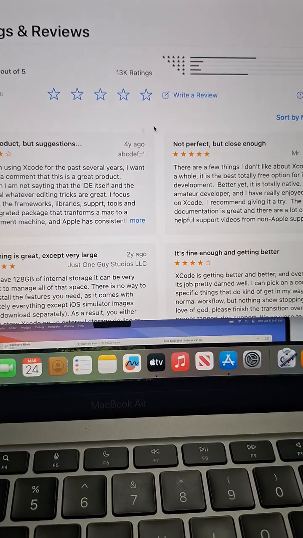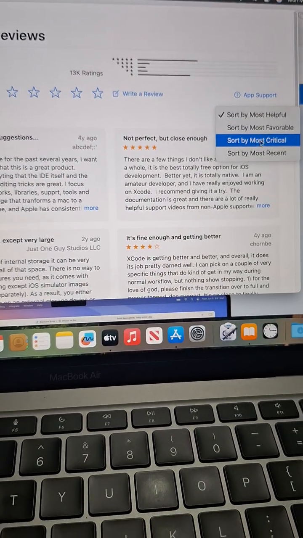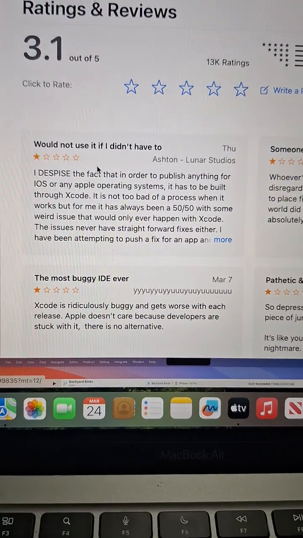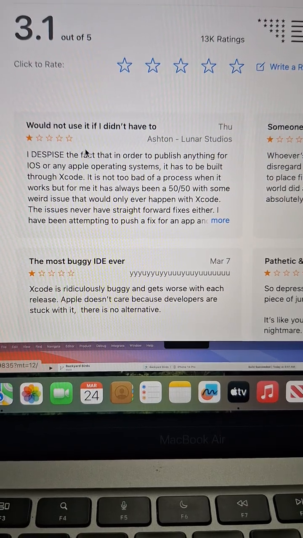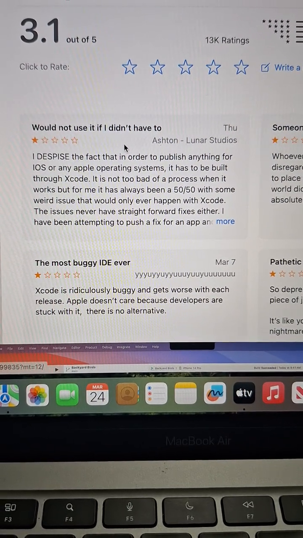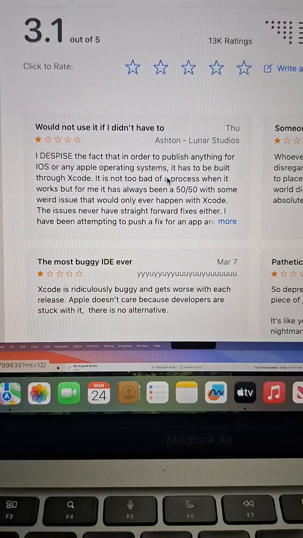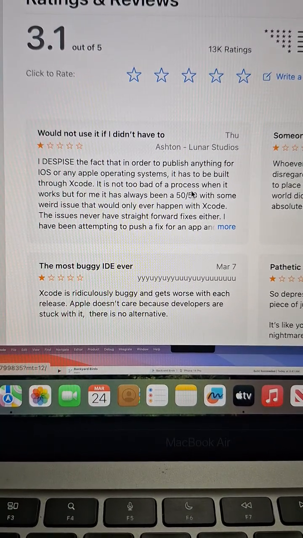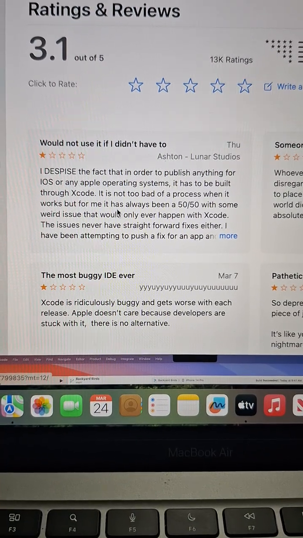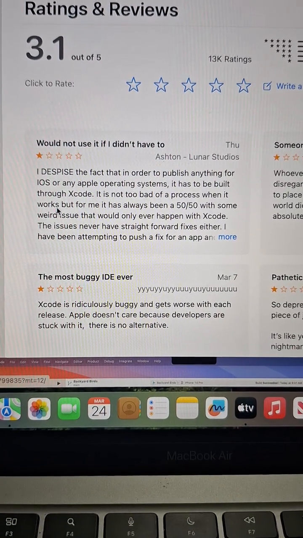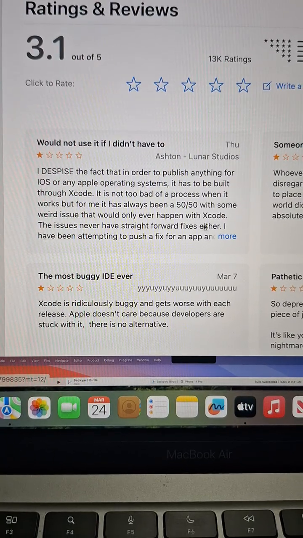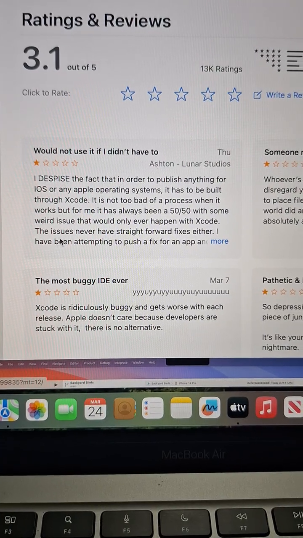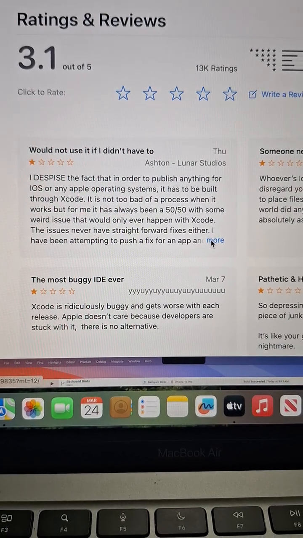Let's see all ratings and sort by most critical. All right. Says would not use it if I didn't have to. I despise the fact that in order to publish anything for iOS or any Apple operating systems, it has to be built through Xcode. It's not too bad of a process when it works, but for me it has always been a 50 out of 50 with some weird issue that would only ever happen with Xcode. The issues never have straightforward fixes either. I have been attempting to push a fix for an app